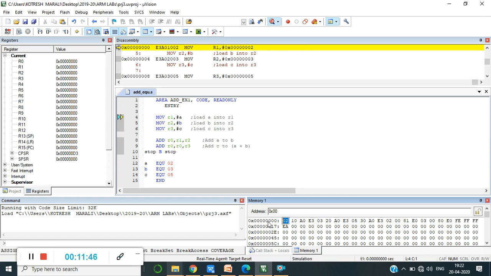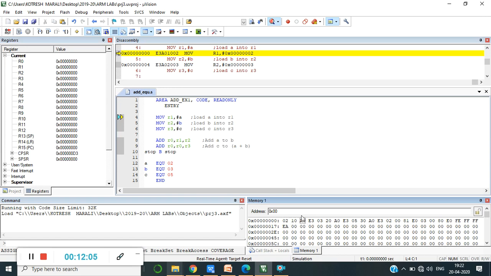In the 0x000 address location I can store only 8 bits of data. 0 and 2, where 2 is represented as 0010 and 0 is represented as 0000. So 8 bits of data, again one more 8 bits of data. And observe carefully here, E3A01002: 02 is my least significant data, which should be present in my lowest address.